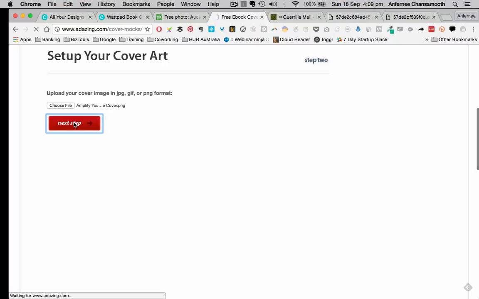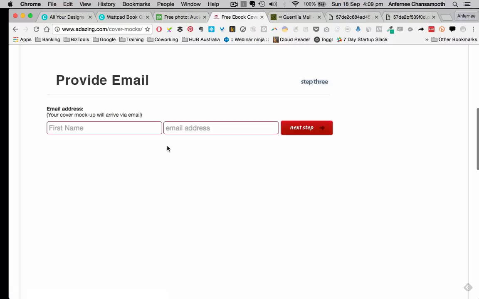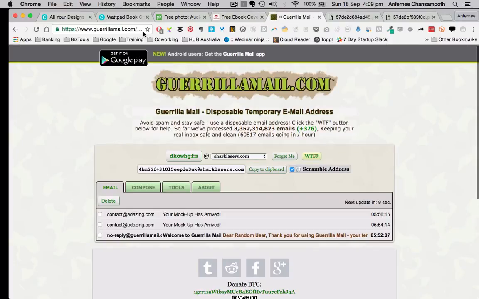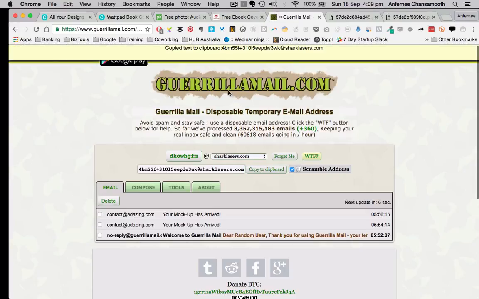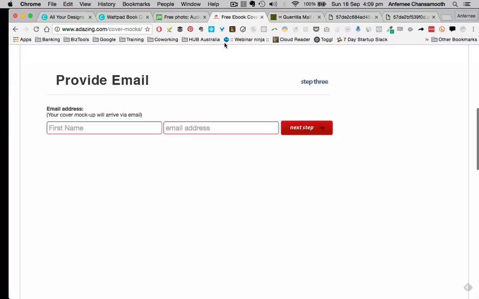And then it's going to ask you for an email address. Now, if you don't want to get spammed, and you're worried about giving your email address to someone, you can go to this website called gorillamail.com, which is one that I use to generate a temporary email address. It's a disposable temporary email address. It helps you avoid spam, and it disappears after some time. What you do is basically just click on copy to clipboard, and it copies this temporary email address for you. You can come into here, put in a name, paste in the temporary email address, click next,